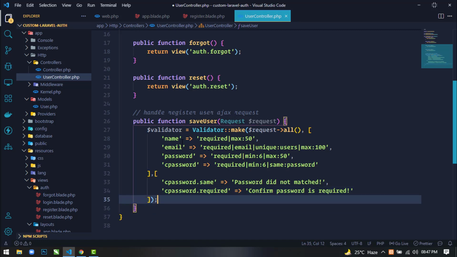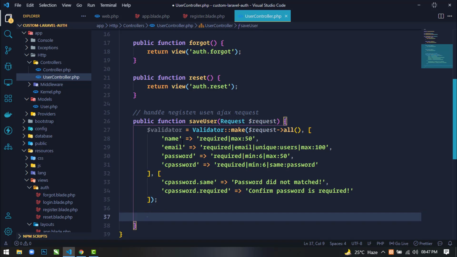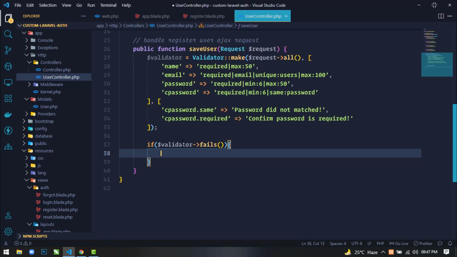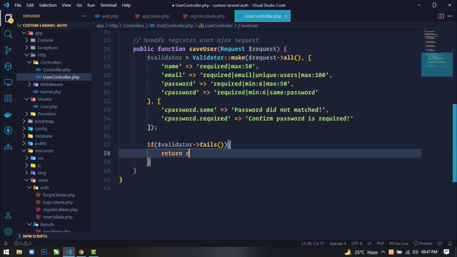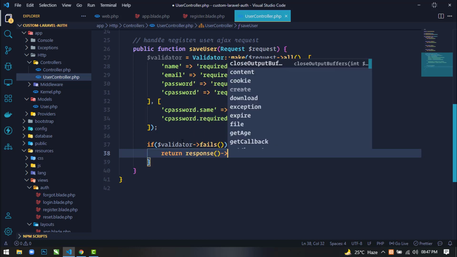Okay, now here what I will do is I will use a condition if validator fails. Okay, I will use this method fails. If validator fails, then we will return a response. I will return a JSON response.